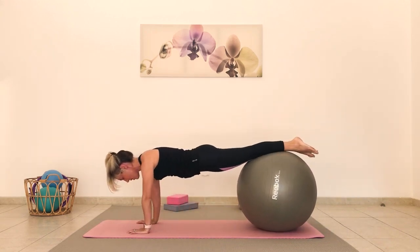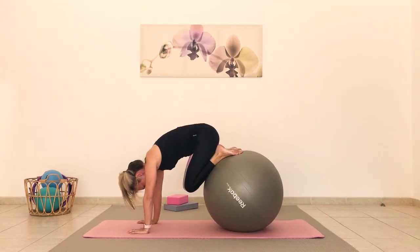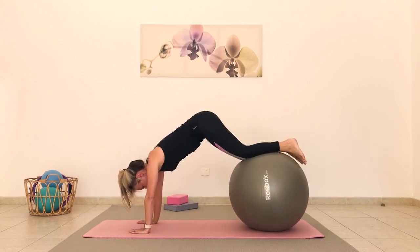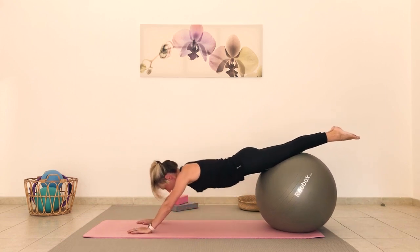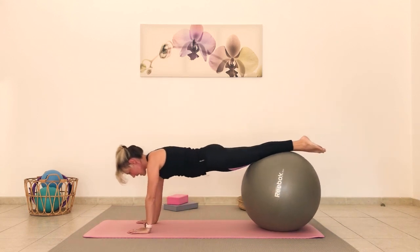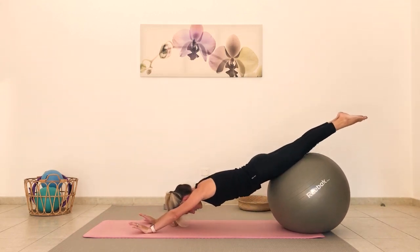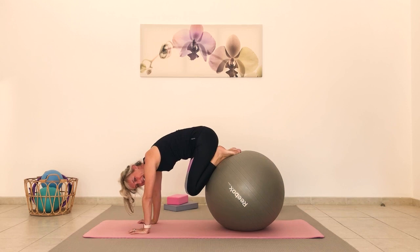We're going to do one more, pushing back, and then you're going to tuck in, bringing the knees in back to your start position. So here we go again, breathing in, lengthen into neutral. Breathe out as you lengthen back, pushing into the arms, into extension, and shifting forward. Extend and forward. One more. Extend and forward. And then on this last one, extend and pull it in, into flexion again, and then bring